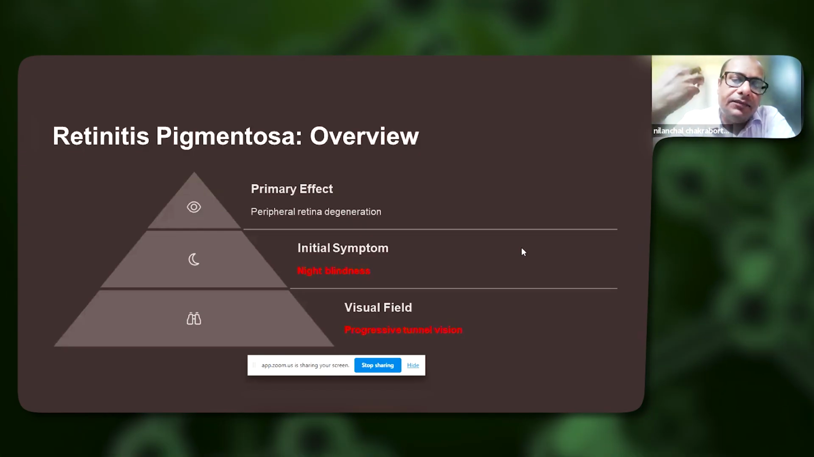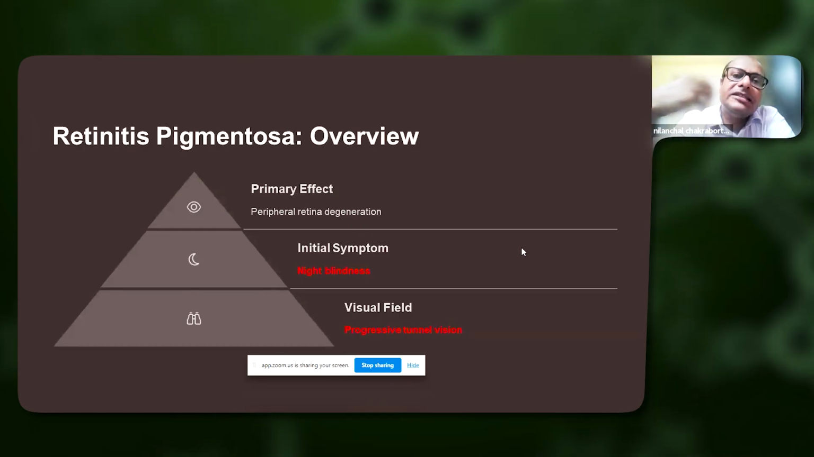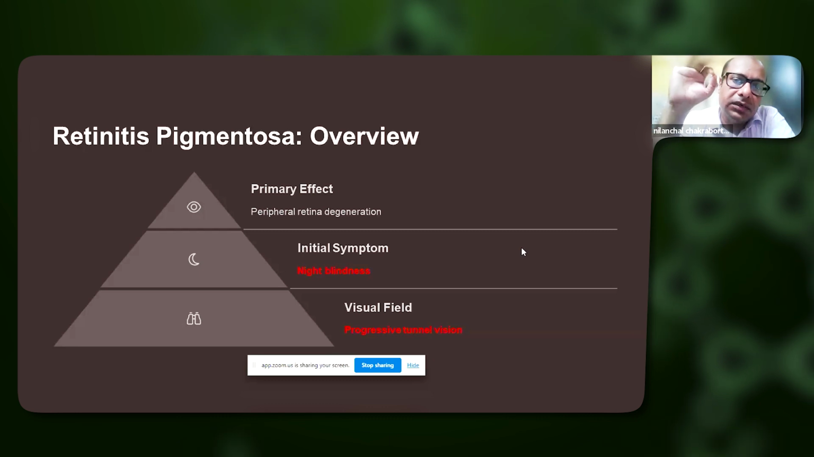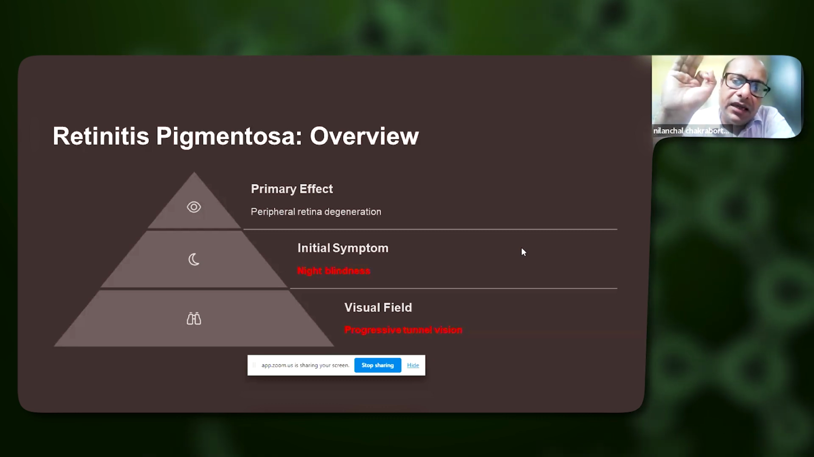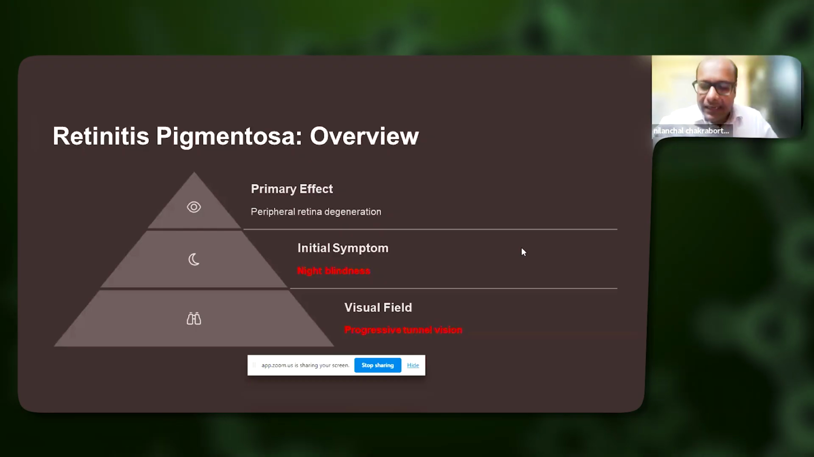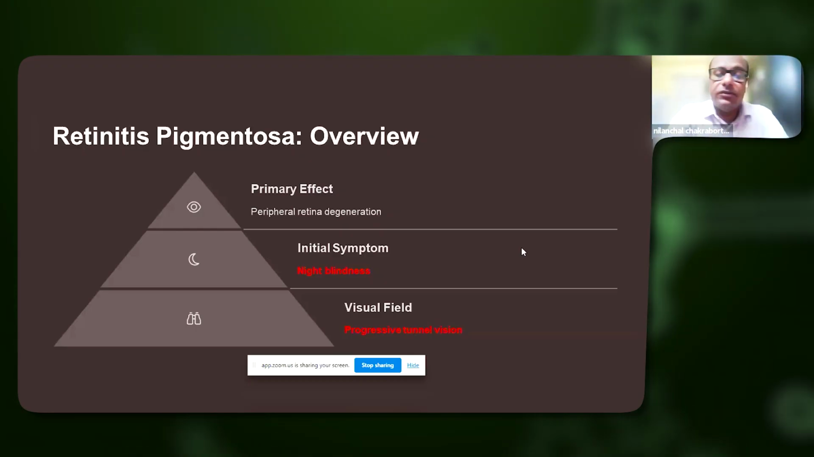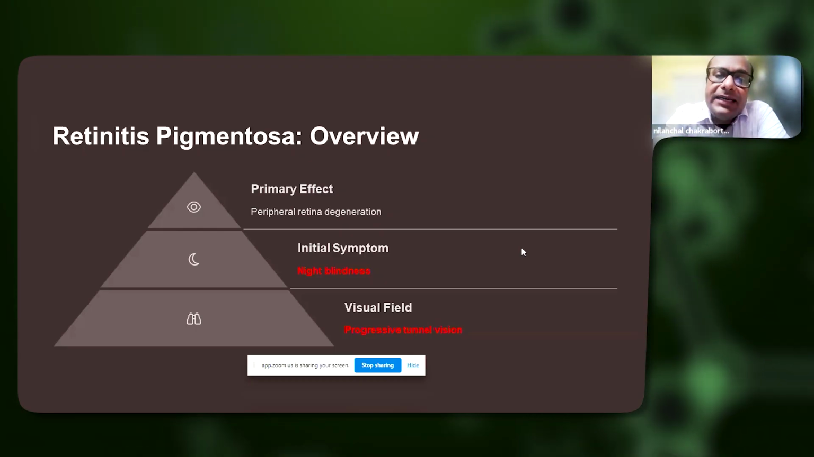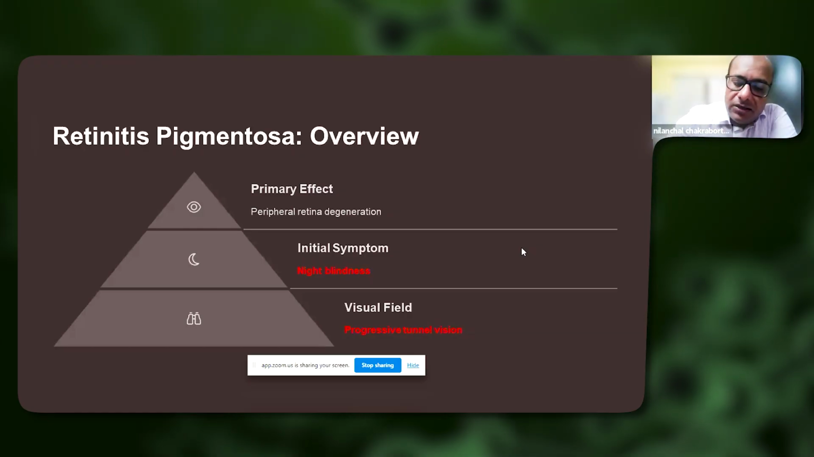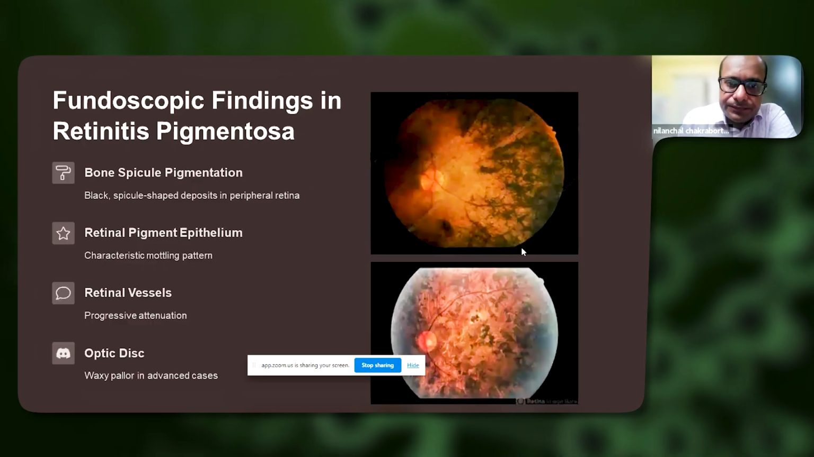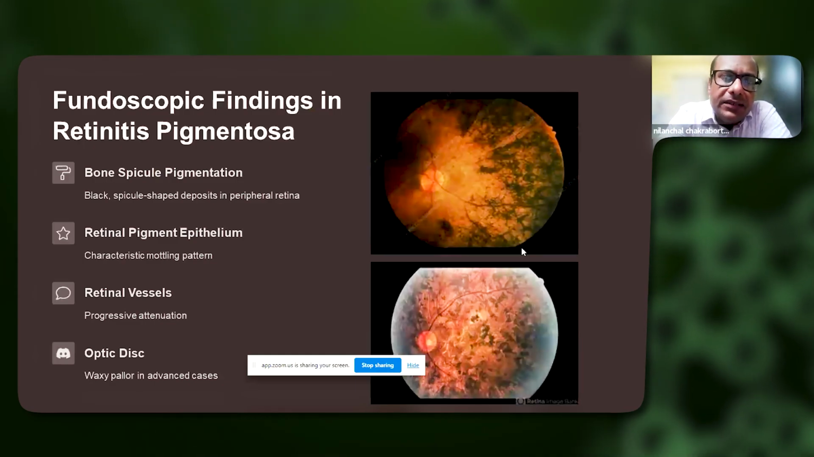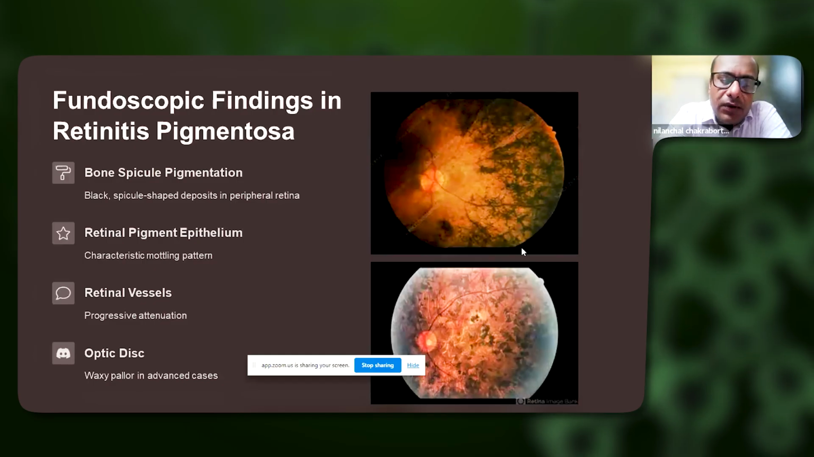So what is happening in night vision, in low light, the pupil is dilated, then the night vision is more affected. So night blindness and progressive tunnel vision is pathognomonic of retinitis pigmentosa. So again repeating, in a young gentleman with family history, night blindness with progressive tunnel vision is a pathognomonic sign of retinitis pigmentosa. So what will be the fundoscopic findings, because they will give the fundoscopic finding for a pathognomonic